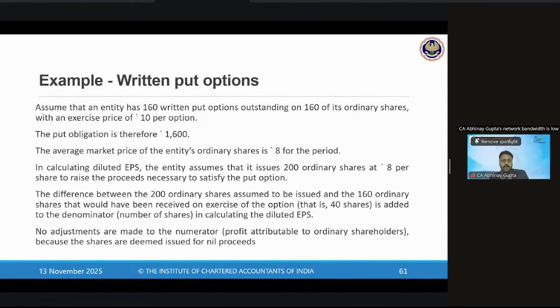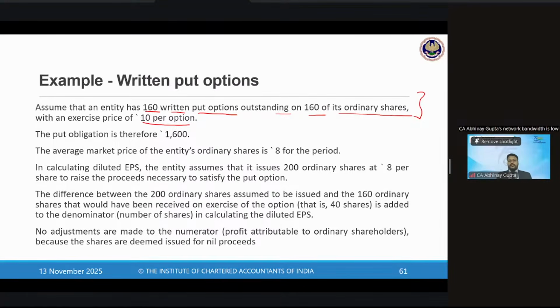Assume an entity has 160 written put options outstanding on 160 of its ordinary shares with an exercise price of rupees 10 per share or 10 per option. What this means? So here what is happening? Entity has 160 put options sold to the